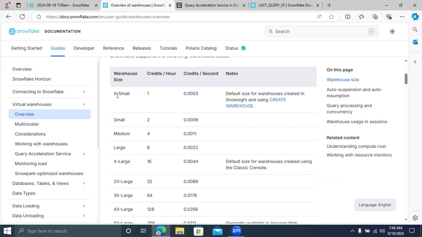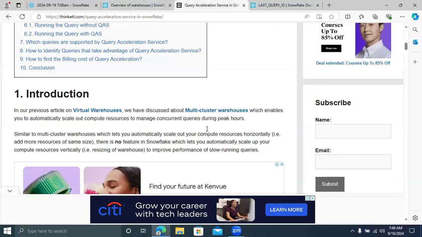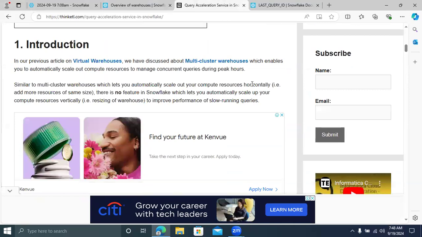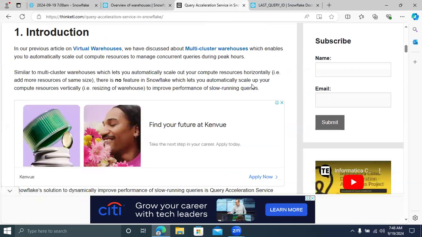Everything is going to happen in a concurrent manner, in a parallel way. That's what the query acceleration service is. If you want to improve the performance of slow-running queries, it is better to go for the query acceleration service.